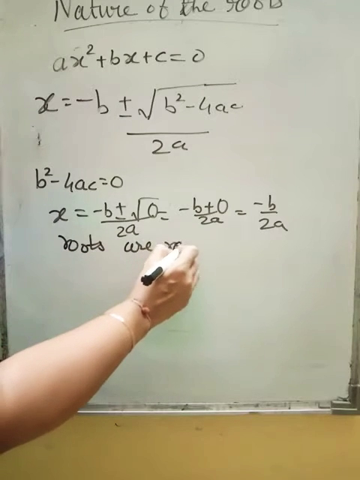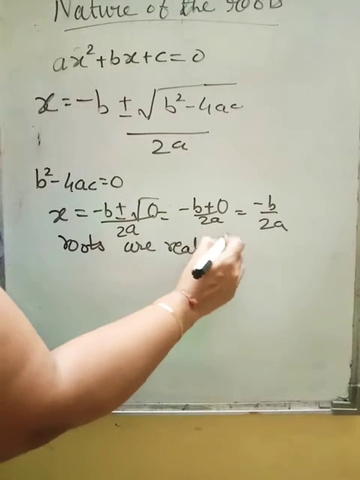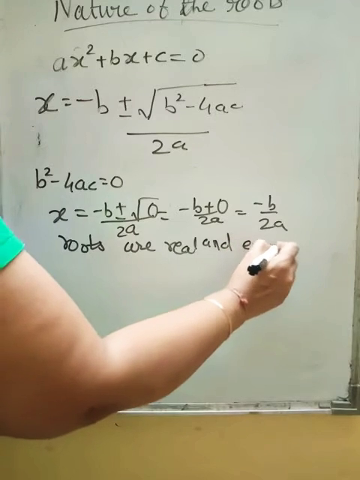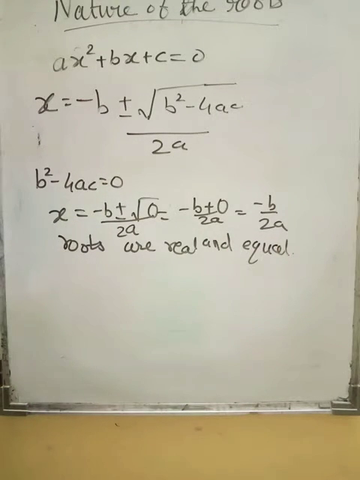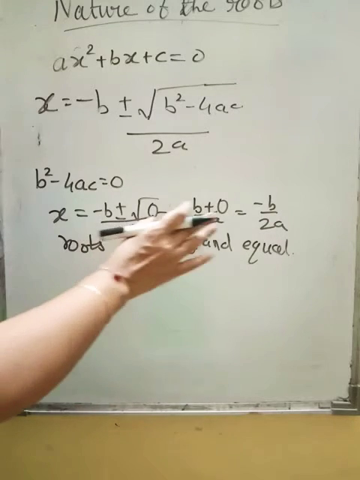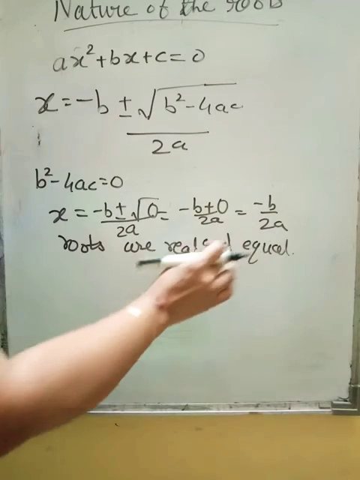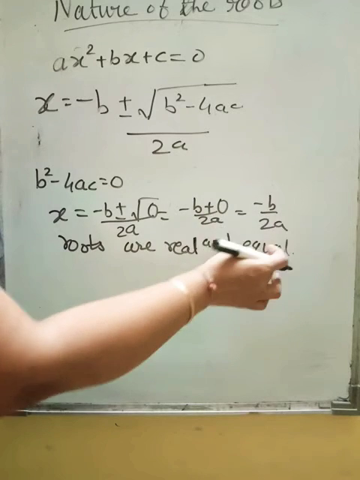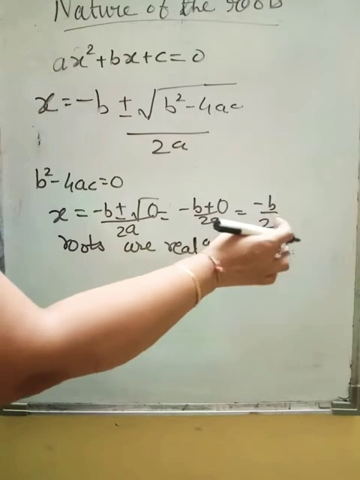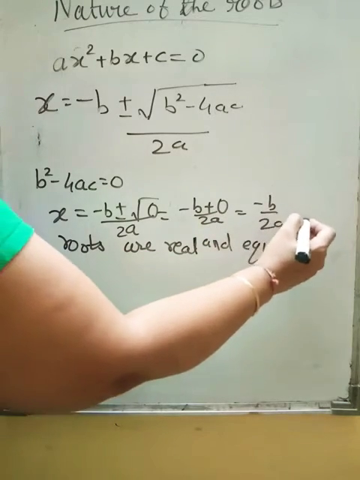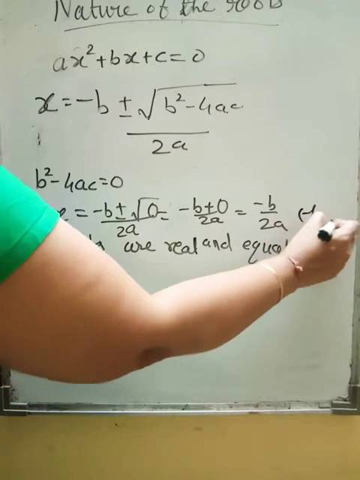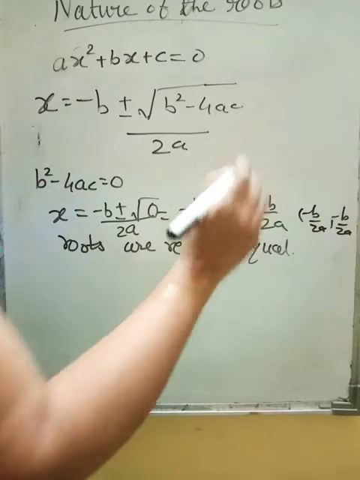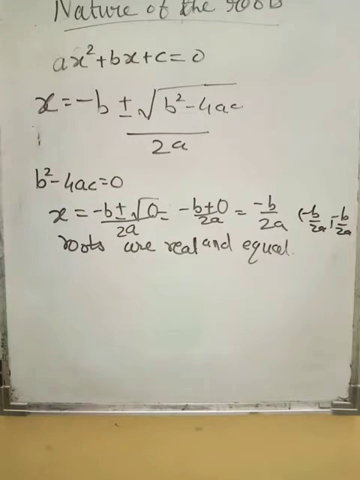are real and equal. Now what do you mean by real? I'll just tell you about the imaginary things, then you will understand. I hope you know the real numbers, which include the rational numbers and irrational numbers. So all those things come under the real. So in the number system, the real number is there whose value is minus b upon 2a. So you will have two roots, minus b upon 2a and minus b upon 2a.